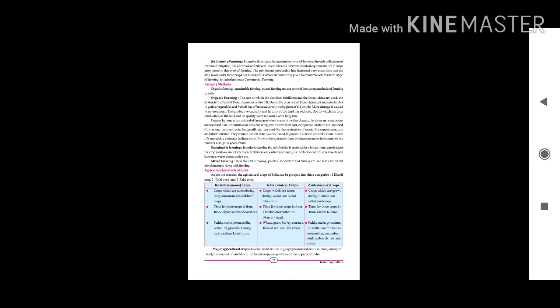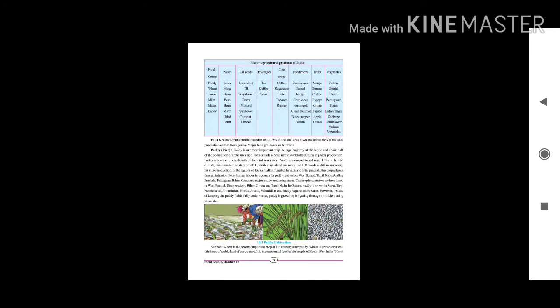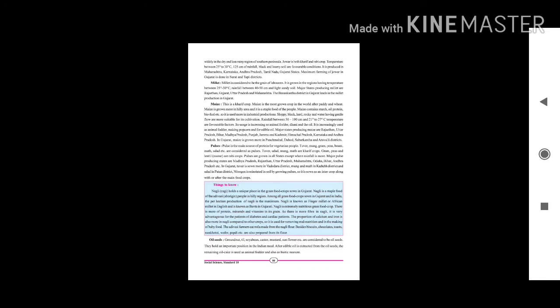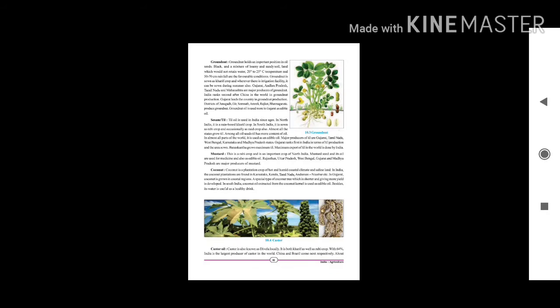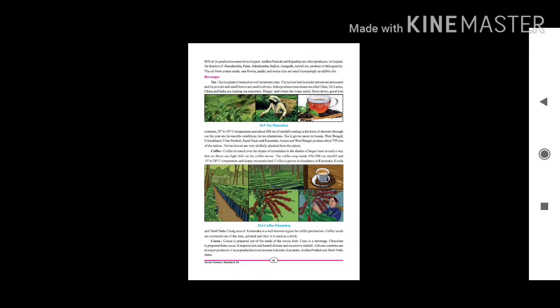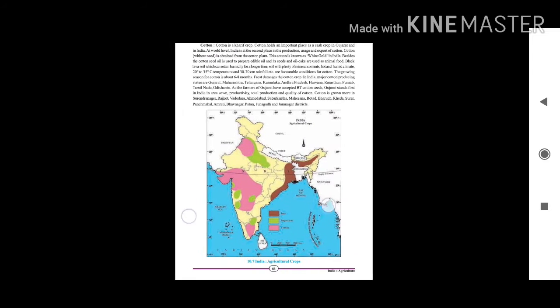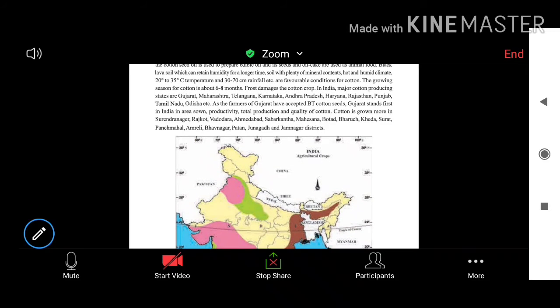Then we have seen what were the types of methods in farming. We have organic farming, then we had sustainable farming and mixed farming. Then we have seen some of the crops which were very important in terms of food grains, that is the paddy crops, wheat, jowar, millet, sugarcane, pulses, and so on. And then we have seen some of the topics relating to the beverages, that is tea, coffee, and cocoa. Then we have seen some of the crops such as the cash crops, that is the cotton,